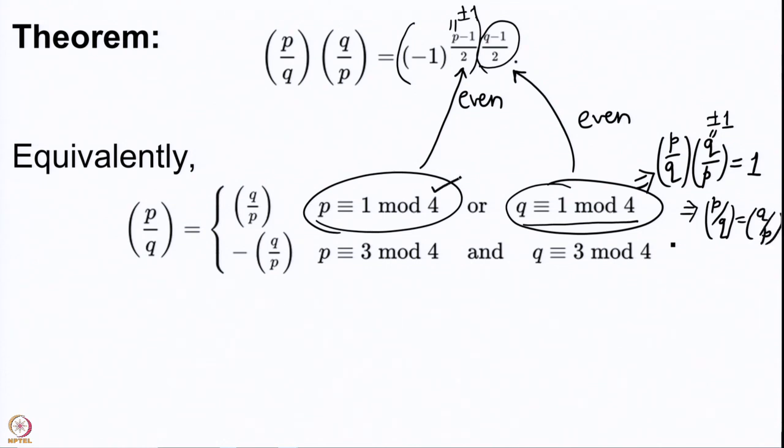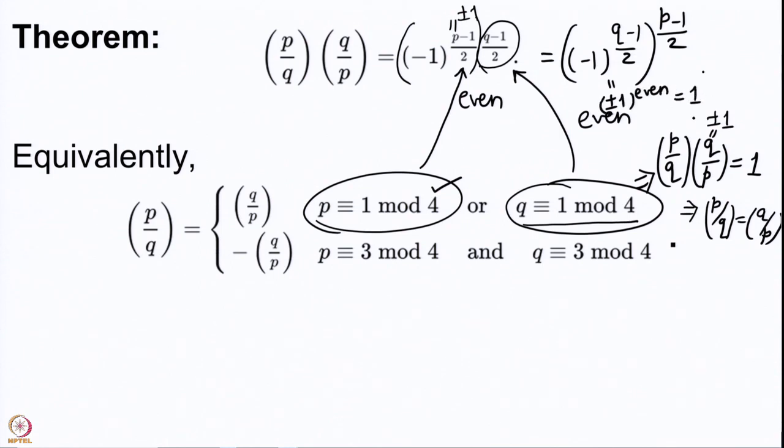Similarly, whenever P is congruent to 1 mod 4, we get the same result, because then we would consider -1 to the power (Q minus 1)/2, and to this we put the power (P minus 1)/2. So, this number inside is plus or minus 1, this to an even power will give us 1, and then we are back to this part. So, whenever any one of P or Q is congruent to 1 mod 4, then you can switch the places without worrying.